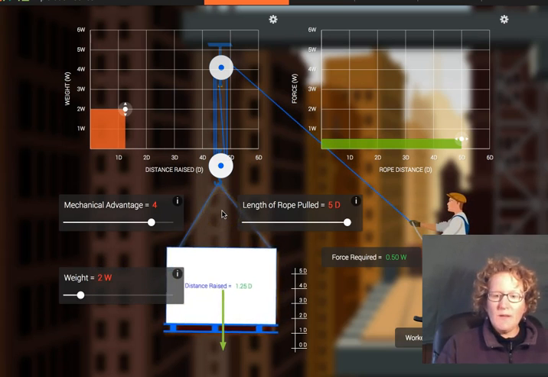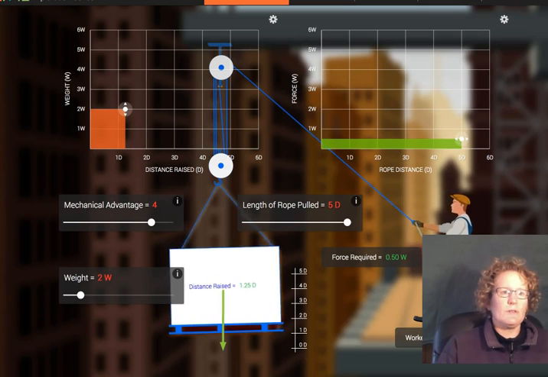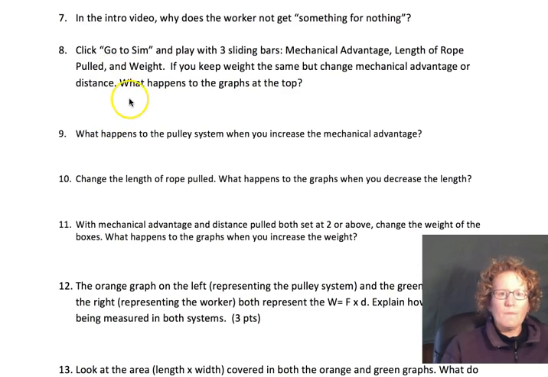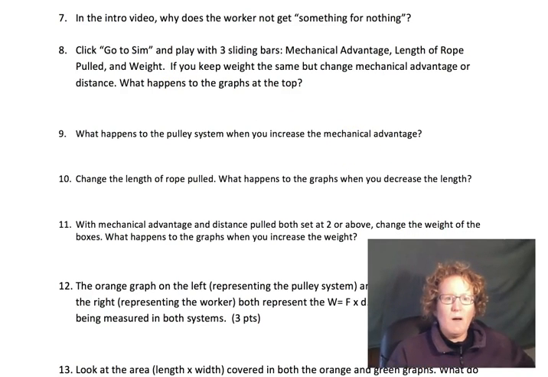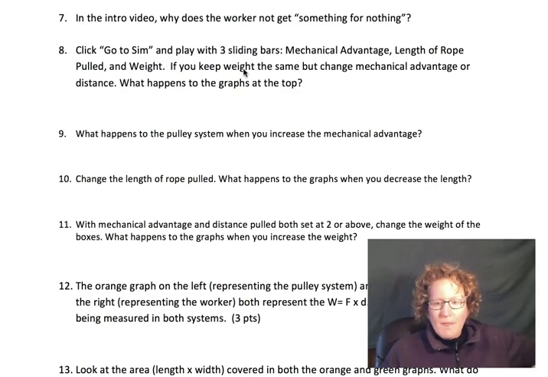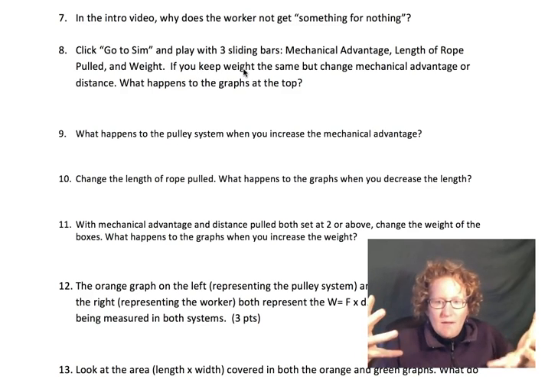All right, we've played around with these boxes. Let's go answer our question now. So when we played around with the mechanical advantage, the length of the rope pulled, and the weight, the amount of work changed. Those boxes got larger or smaller. If we increased the weight, they got larger because if you have something heavier to lift, you're going to have to do more work. If we increased the distance the rope was pulled, we got more work done because we raised the object